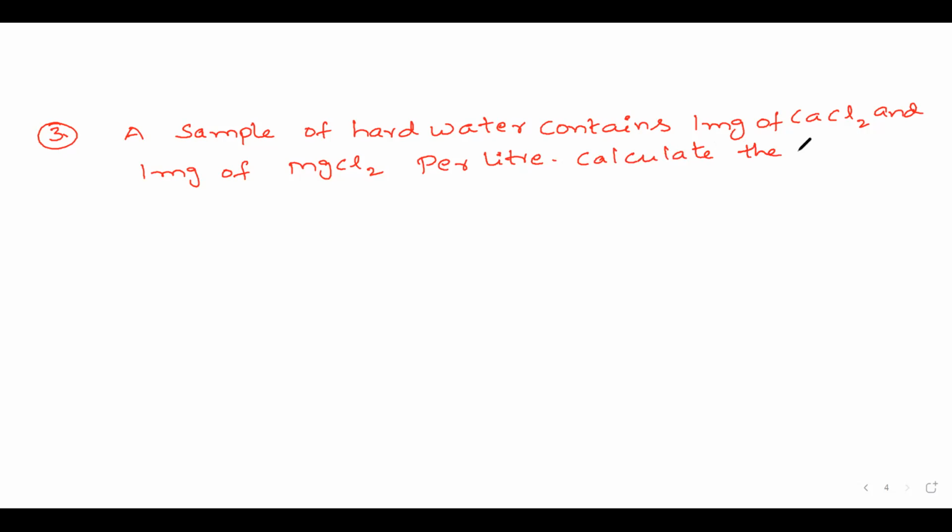Calculate the degree of hardness of water. That's all. Now we will take the solution first. A sample of hard water contains 1 milligram of calcium chloride and 1 milligram of magnesium chloride per liter. Liter is important. So we can say 10 to the power of 3 ml of water sample